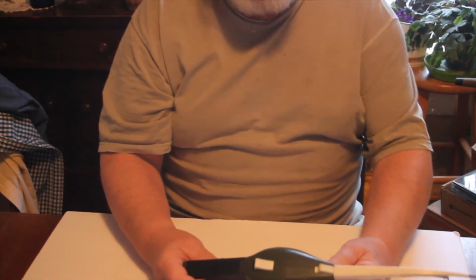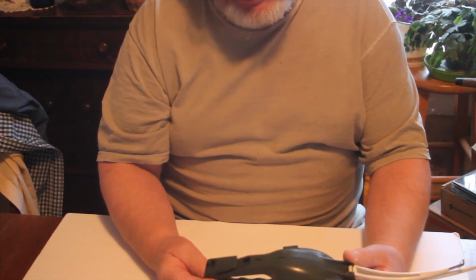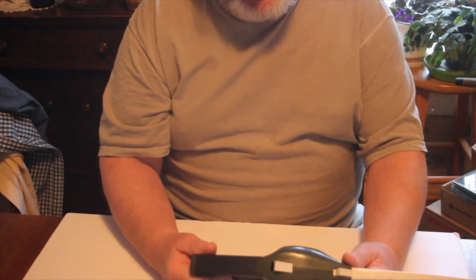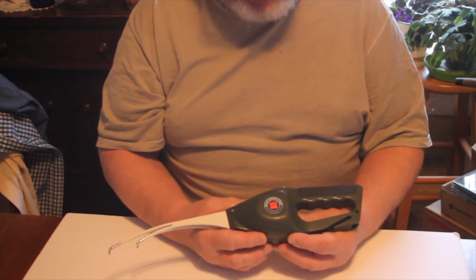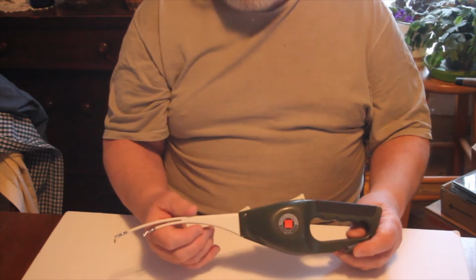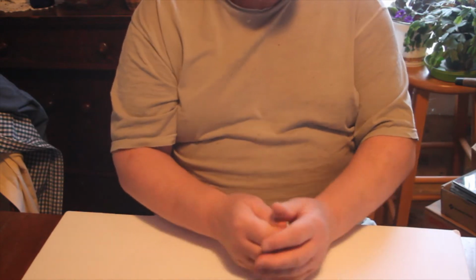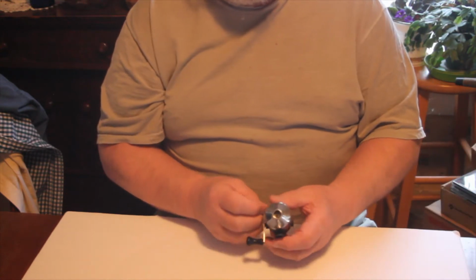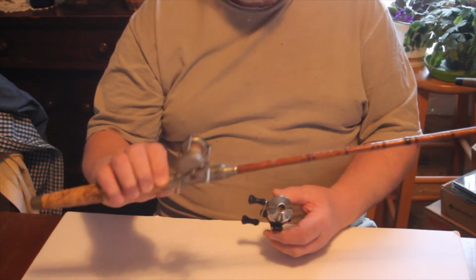I'm Bob, and this morning we're going to look at some of the development or the history of fishing. As you see here, we have what's called the pocket fisherman. It came out in about the late 60s, early 70s, and this is just one of the things to look at, but I want to look at some of the aspects of where we have gone with the development of some of our fishing equipment, from a simple